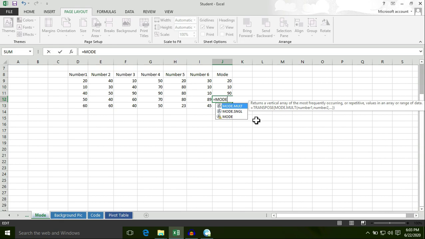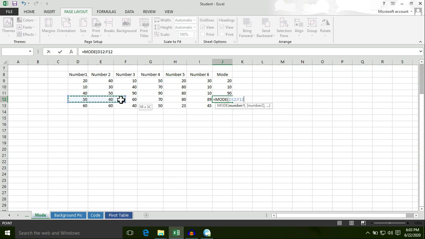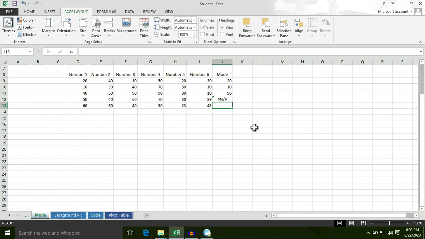In order to find the mode of this range of cells, type MODE, then select this data set or range of cells, close the bracket and hit enter.